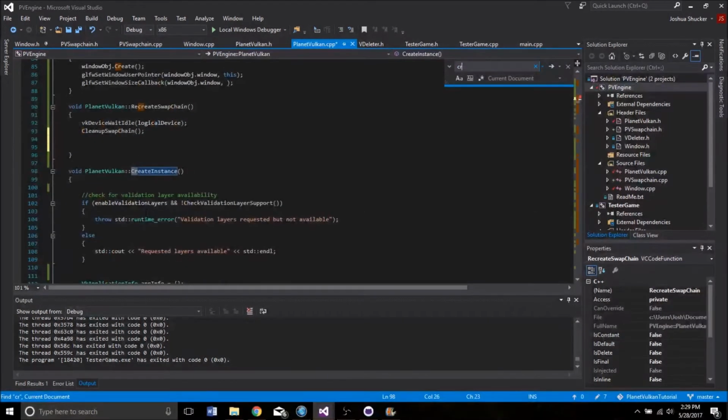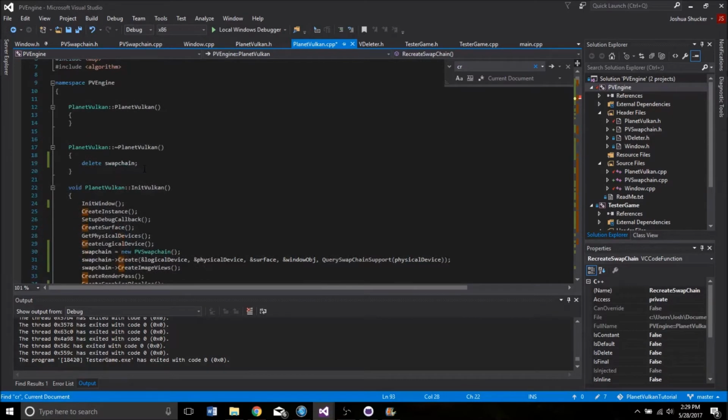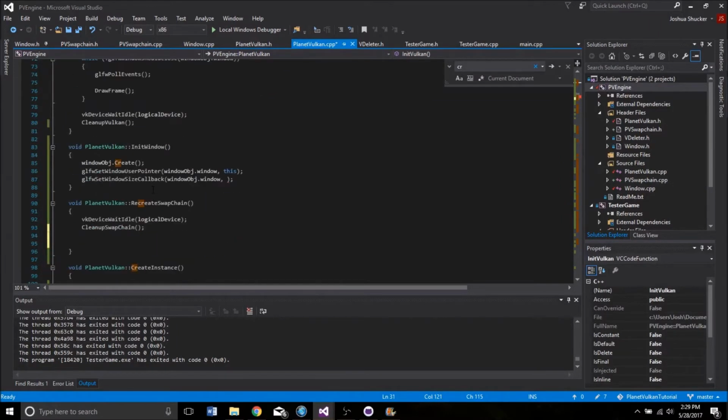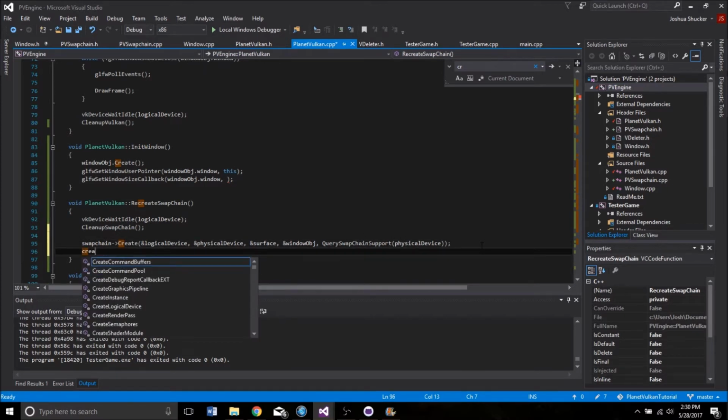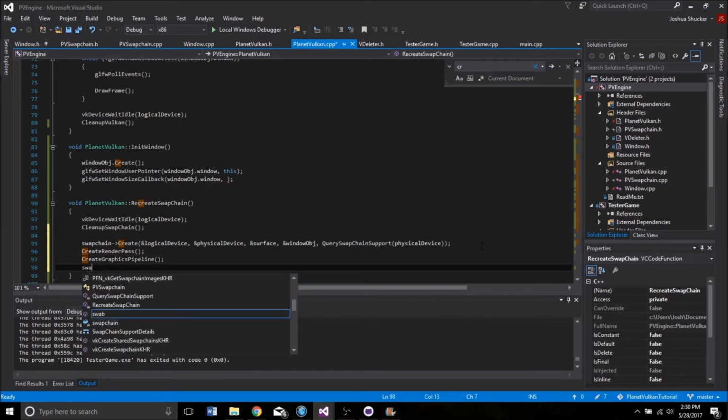So where's create swap chain? That should be up here. So we're going to need that. Actually, we don't really need that here. We'll just get this create function here. So swap chain create, pass in everything we need. Then we need to create the render pass. And all of these things that we're recreating were destroyed when we ran the cleanup. So create render pass, create graphics pipeline, create frame buffers,